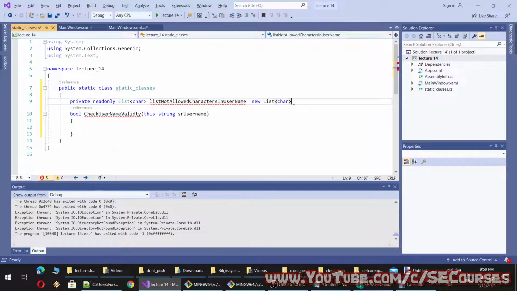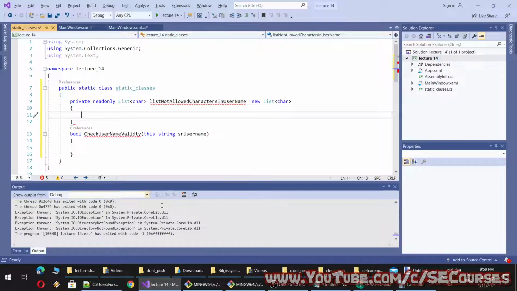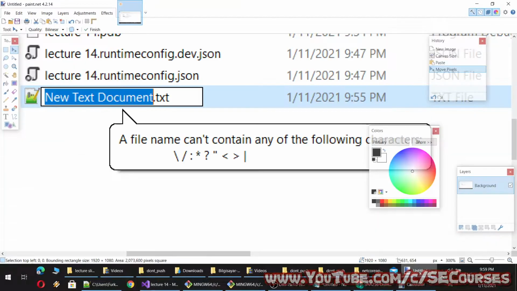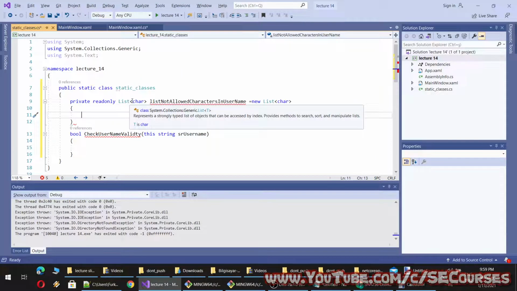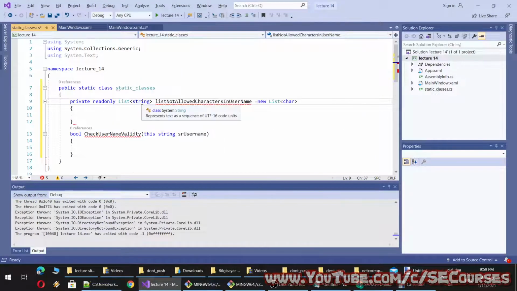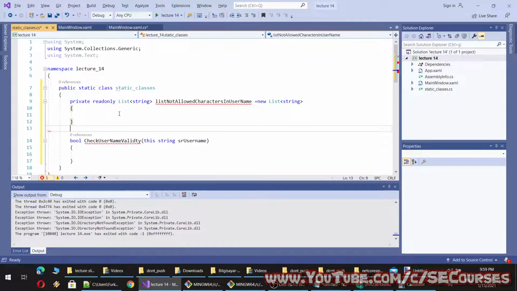Okay, and new list of character, and here let's type each one of them. We can also make this a string, doesn't matter. You can make a string or character, it is totally up to you. So let's type each one of them.